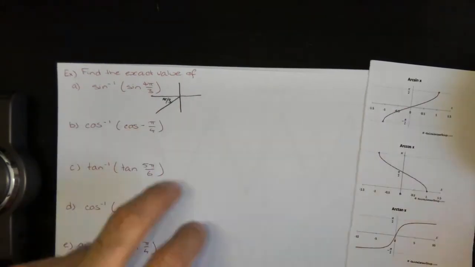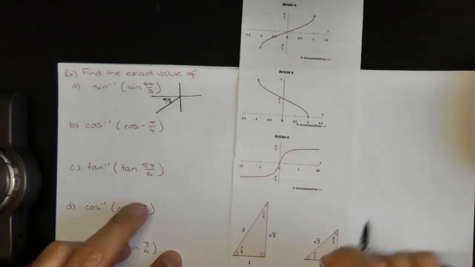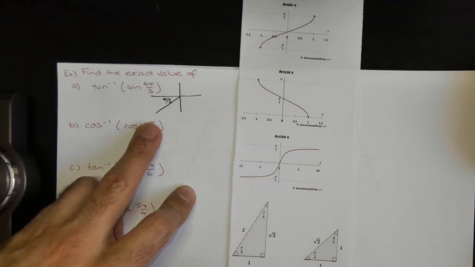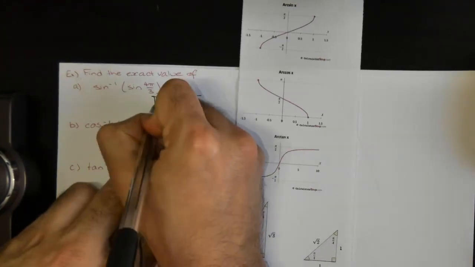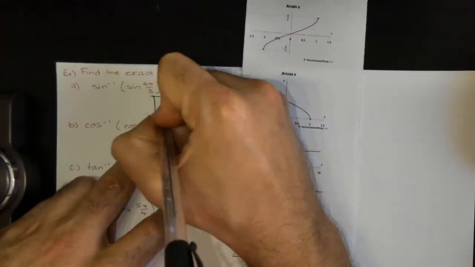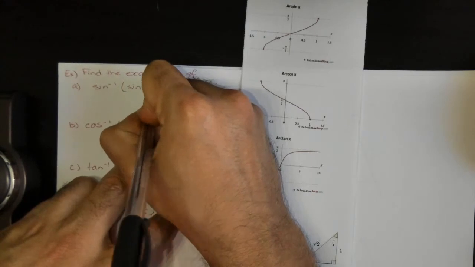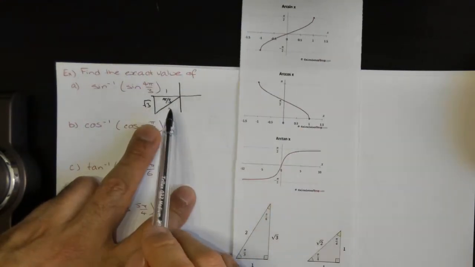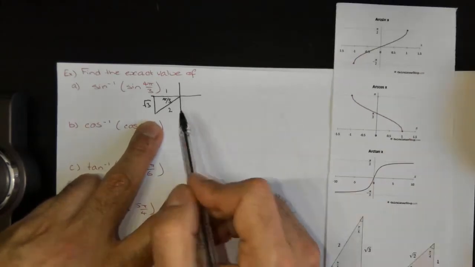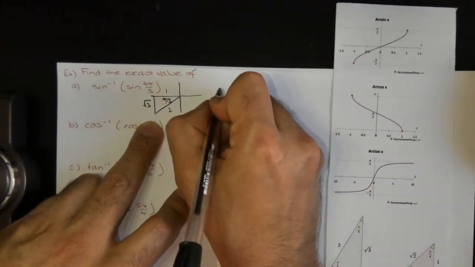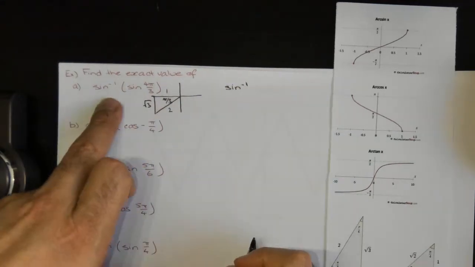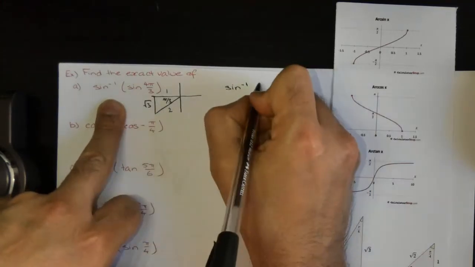Using our exact triangles, we have a unit of 1, hypotenuse of 2, and opposite of square root 3. So we know that we're trying to find arc sine of